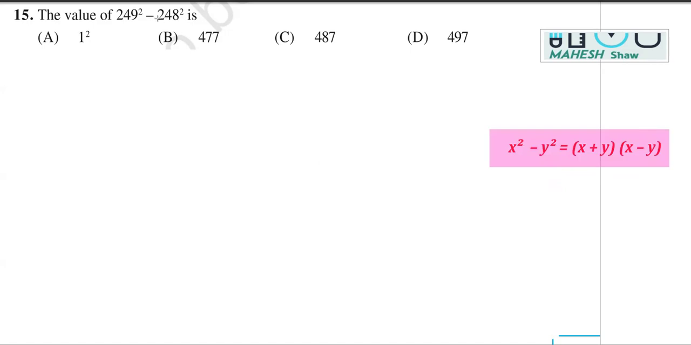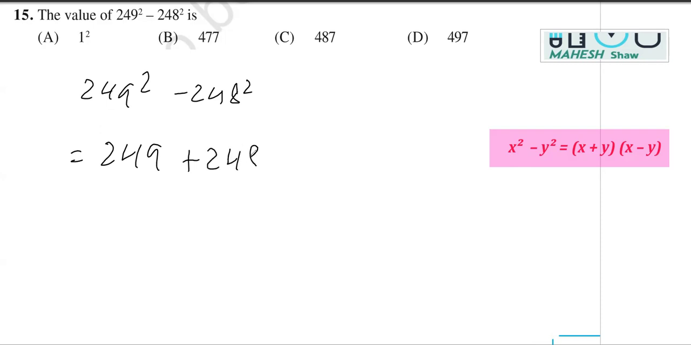x plus y into x minus y. You might remember it with a plus b as a and a minus b. Now we have to find the value of 249 square minus 248 square. So considering this to be a and this to be b, or you can take this as x and this as y, we can say it should be written as a plus b into a minus b, that is a, which is 249, plus b, which is 248, that multiplied by a minus b, that is 249 minus